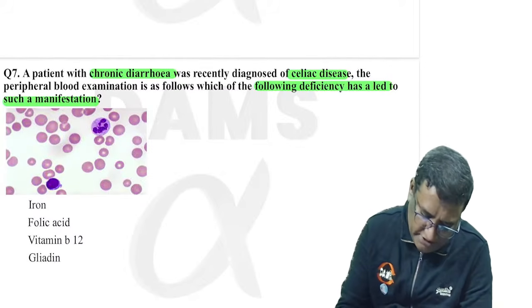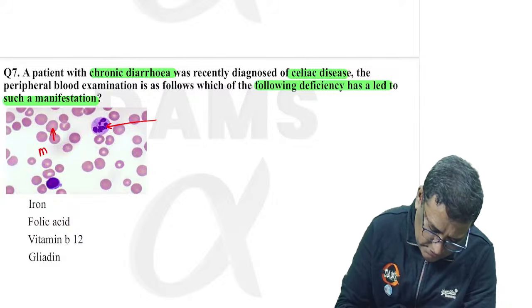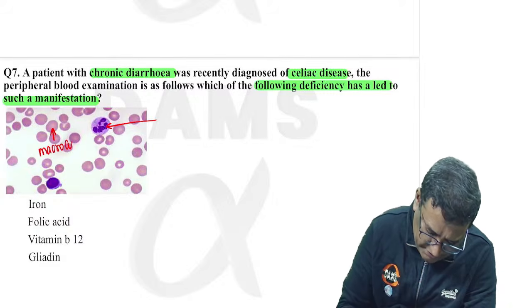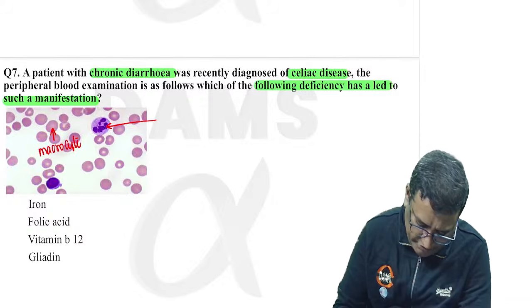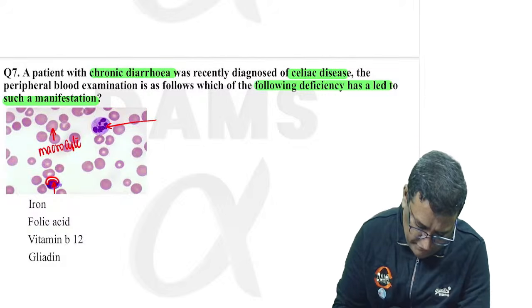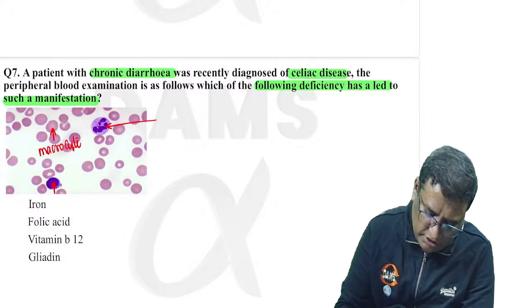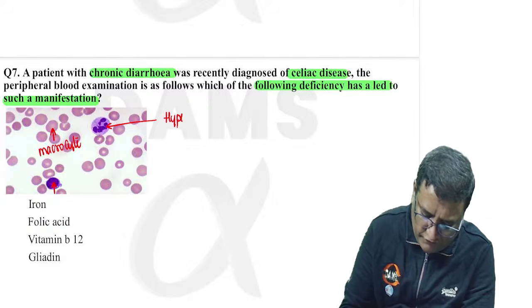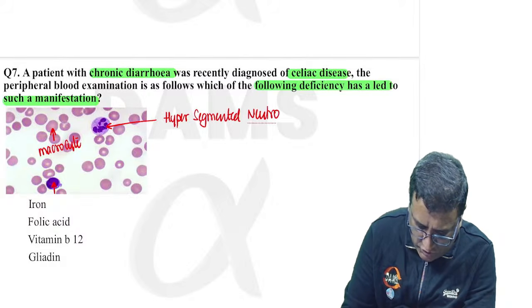Okay, what is the peripheral blood smear showing? Look at this peripheral blood smear. What I am seeing here, these are macrocytes. I am definitely seeing macrocytes. What are macrocytes? RBCs that are larger than the lymphocyte. You are able to see this is a lymphocyte. Comparing with the lymphocyte, these RBCs are larger, macrocytes. And this is another one, a hyper-segmented neutrophil. So if hyper-segmented neutrophils and macrocytes are seen,